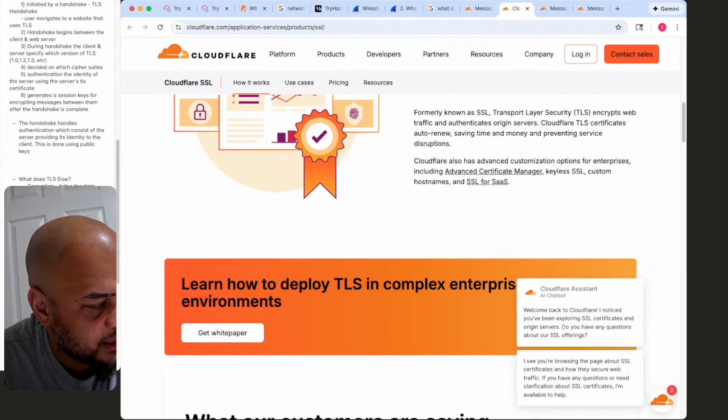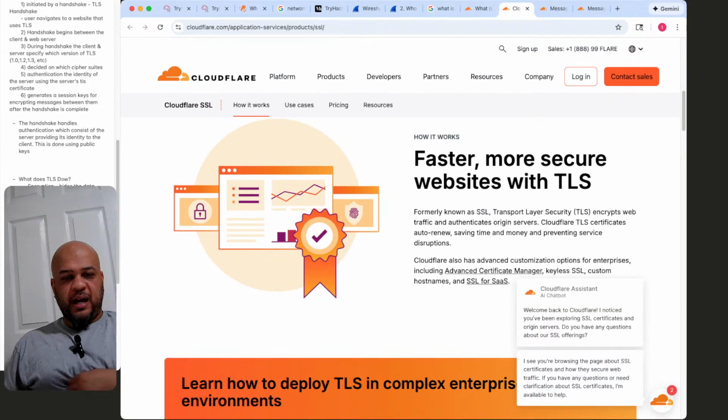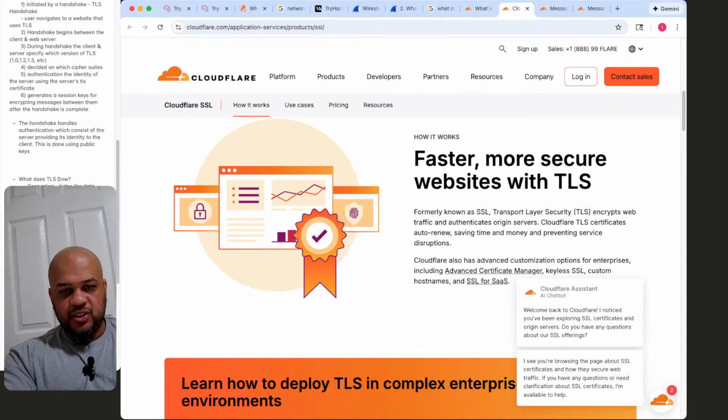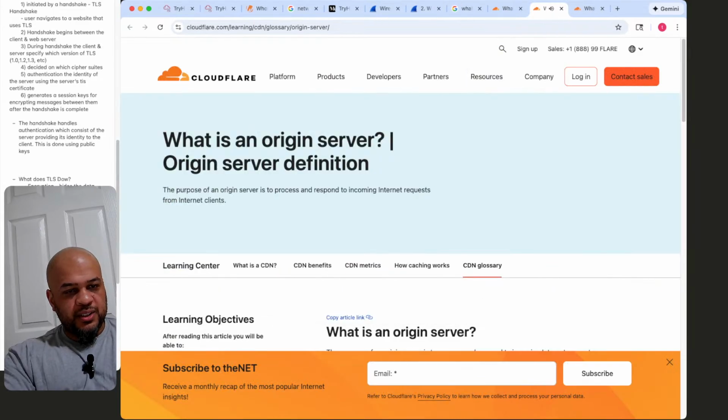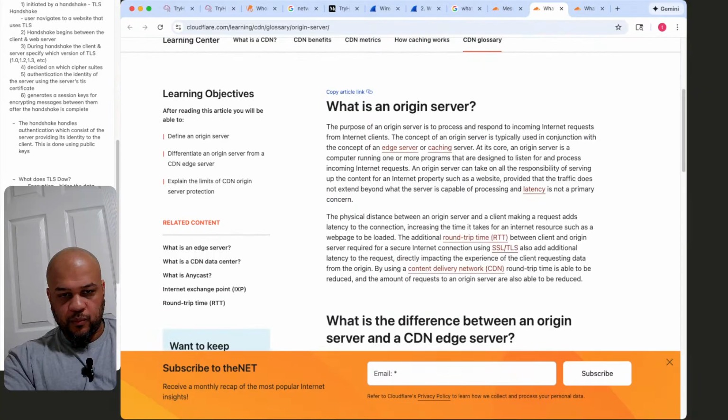Okay, so this is part of the product solution suite offered by Cloudflare. I guess it kind of does all of the heavy lifting behind the scenes for you. What is an origin server definition? It responds to incoming requests from internet clients. The concept of an origin server is typically used in conjunction with the concept of a CDN. Its core, an origin server is